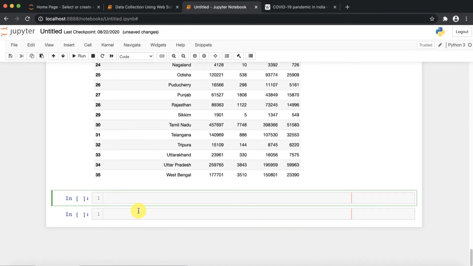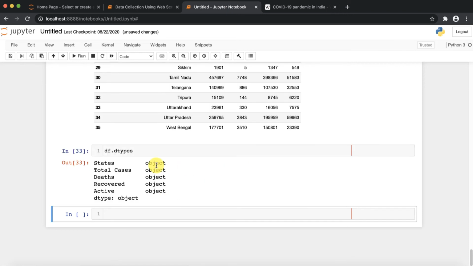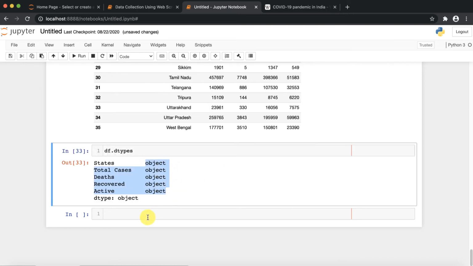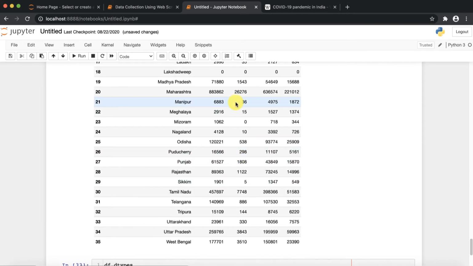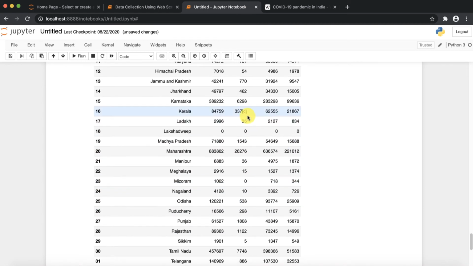First of all, we need to change the type. If I go for the types, I find all the types are not integers, so I just need to change the types. But before that, let me remove these unwanted characters from